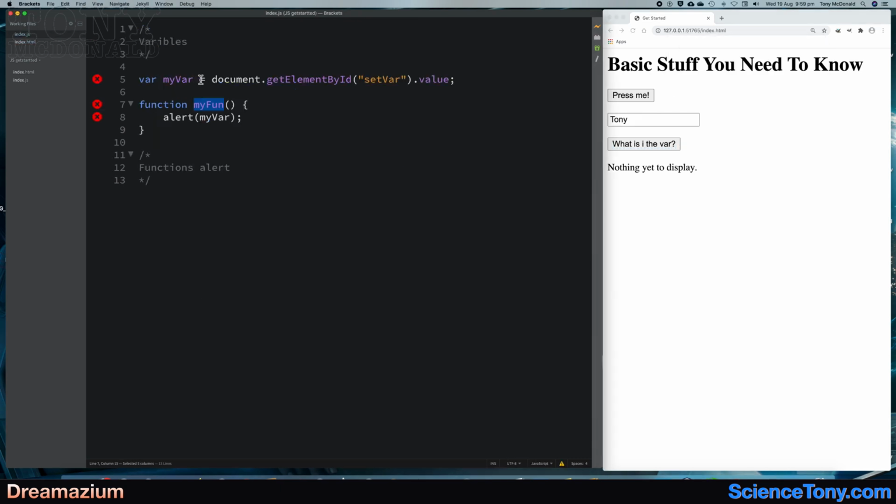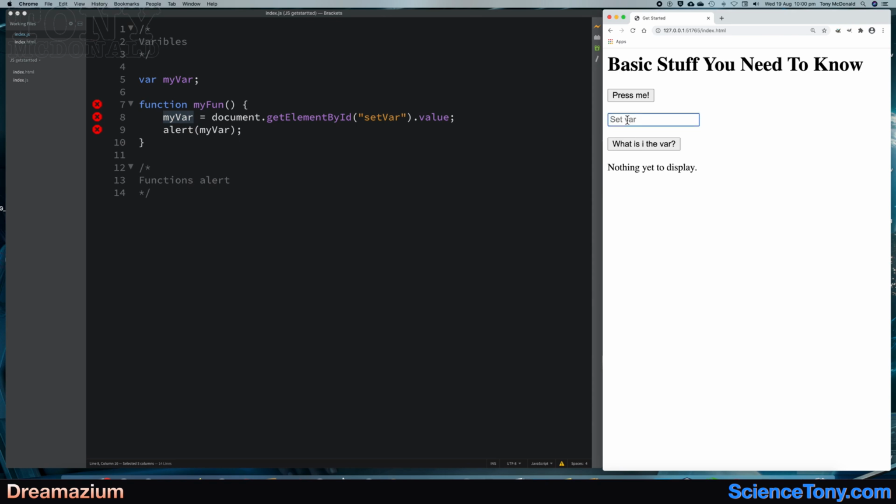So it could be that this here, what we're going to do is put that in there, and then I'm going to take this copy, I'm going to put it in this function. The variable is being declared up here as a variable, and it's being used in this code here. So if we save that,